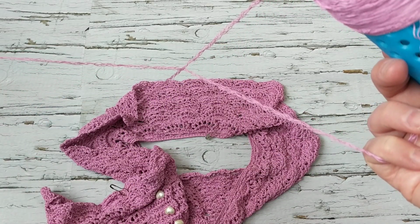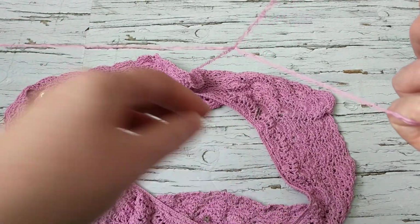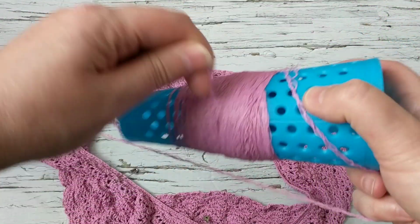It doesn't show it off. Yeah, I know it's a lot of work, but what can you do? If you don't like it, I don't like it. I can't wear this. I need to pull this apart, and this yarn is super soft, and I have to